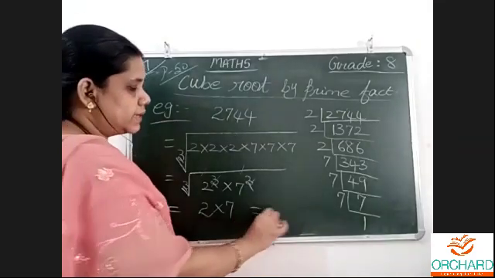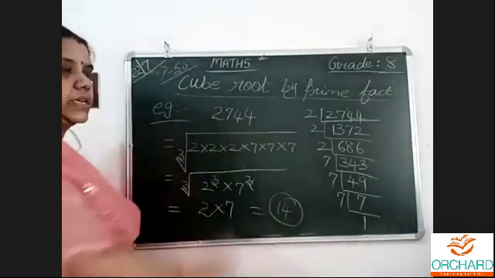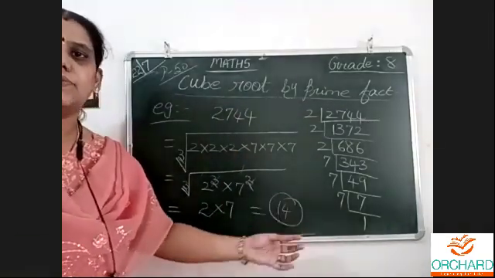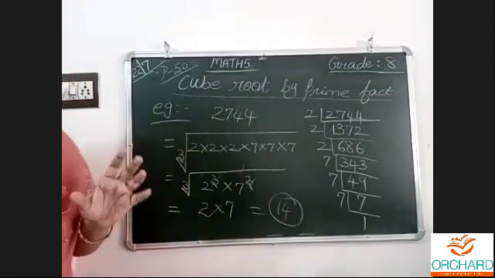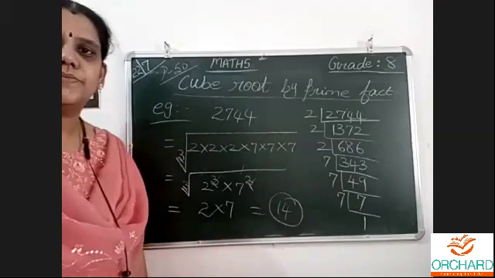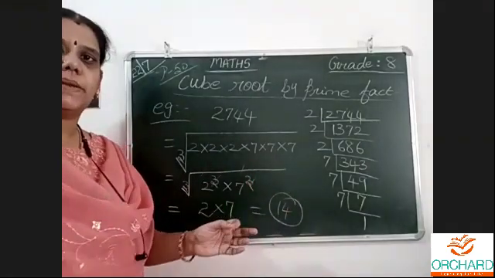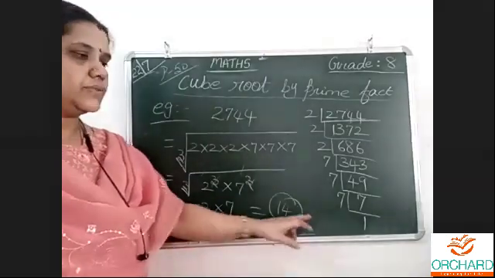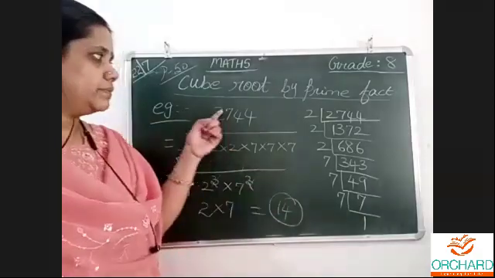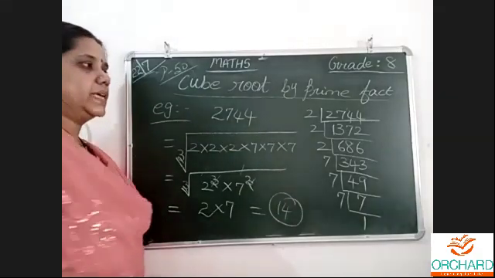Understood? 2 sevens are 14. Yes. The answer, it is a perfect cube. If the number is coming out like this, if we get a round whole number as an answer, this is the answer. 14, 14, 14, 3 times when we multiply, we will get this number. 14 14s are 196. 196 14s, when we do, we will get this number. So this way we have to proceed.